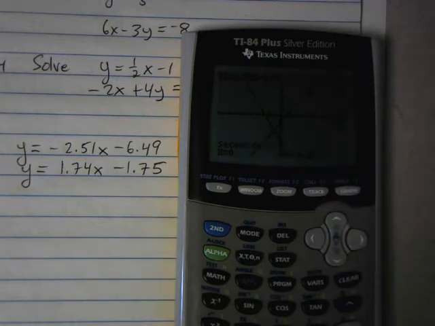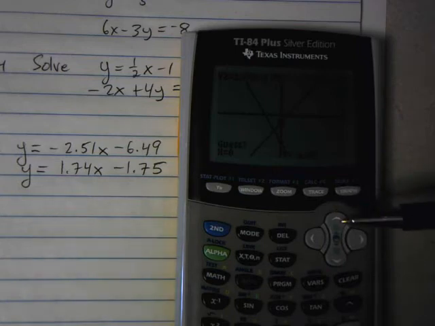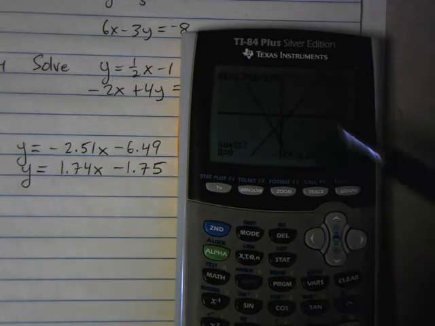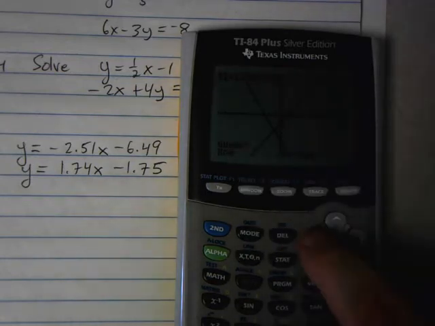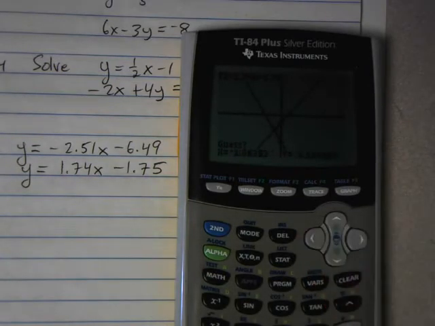Is that the one you want to use? Yes, I hit enter. Students sometimes wonder, why does it ask that? Well, because it's possible to have more than 2 equations typed in. And maybe you want the answer for a specific 2. Maybe you want the first one and the 5th one if you have 5 all typed in. Anyway, now it asks us for a guess. So I use my arrows, and I get close to my answer, and I hit enter,